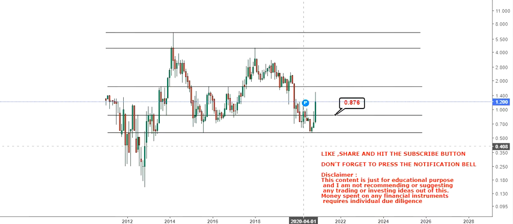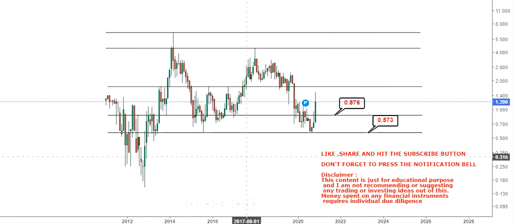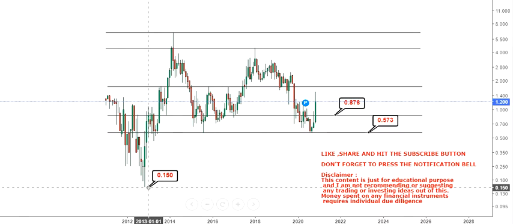So considering that the stock has retested its previous low, which it made in the year 2015 or probably in the year 2013, and now in 2020 has started moving up, we will have our first support at 0.87 and our big or last support at 0.57. So if the stock falls below 0.57, one should not carry any position, because if the stock falls below 0.57, there is a probability that it could retest its previous low of 0.15, which it has seen in the year 2012.